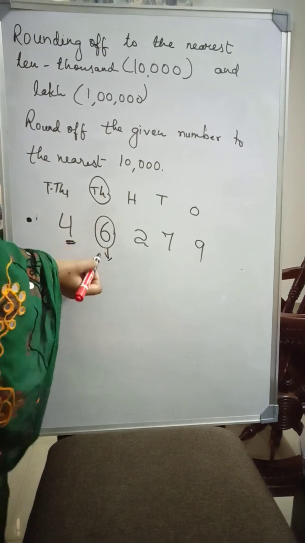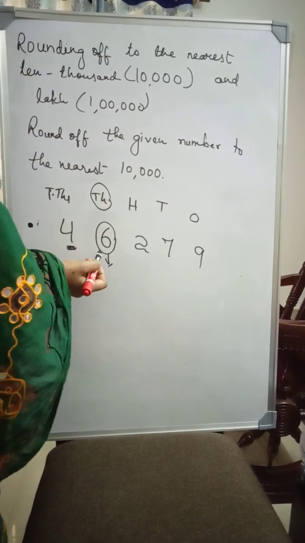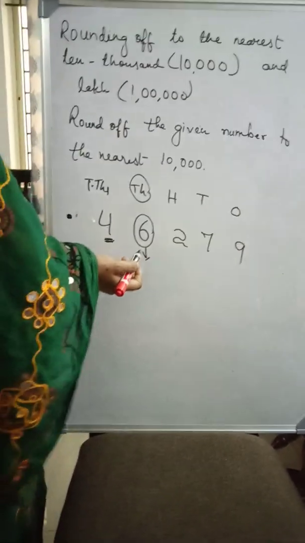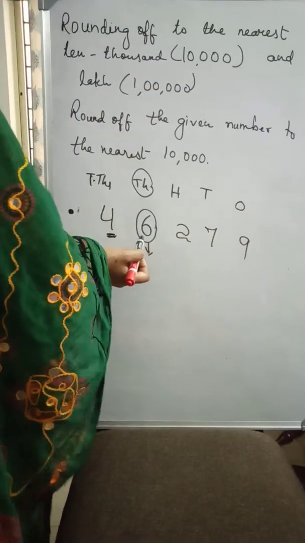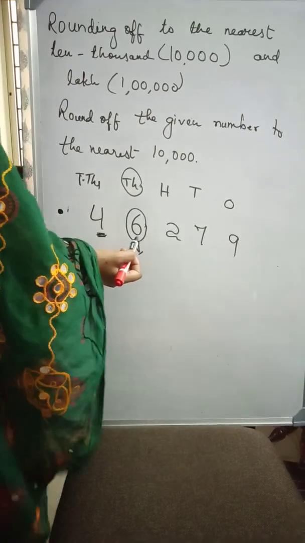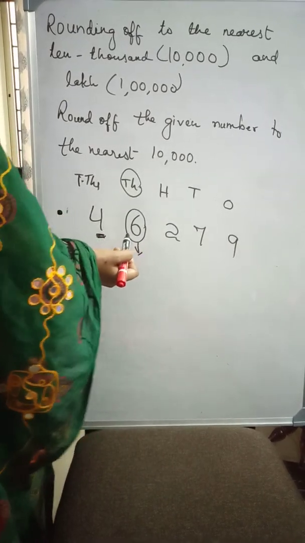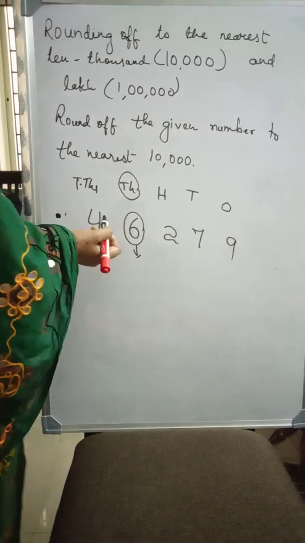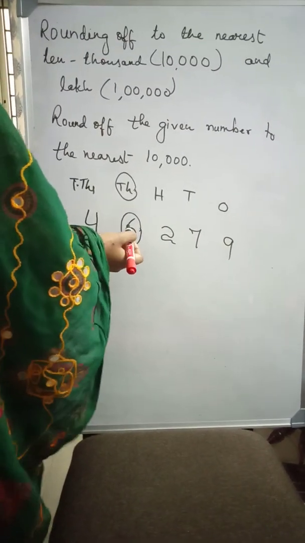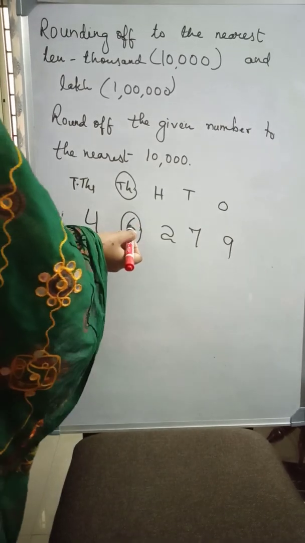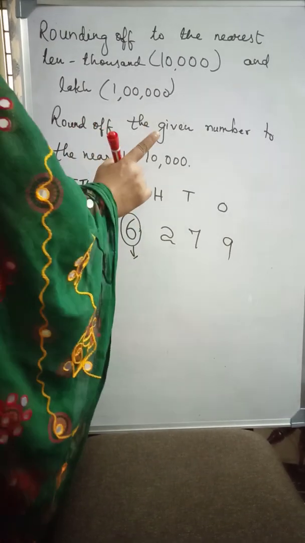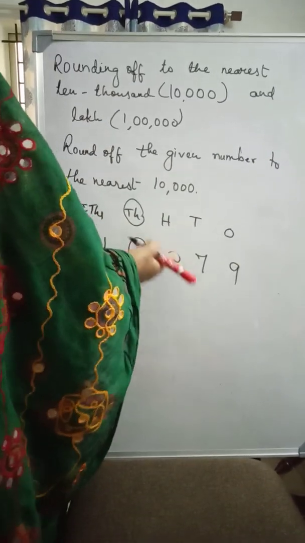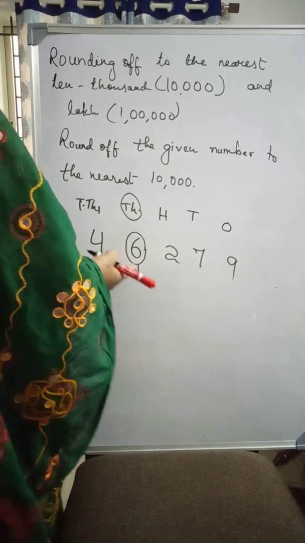Correct? What is the digit? It is 6. As I told you in the previous class, for the digits 5, 6, 7, 8, 9 at the thousand place, the rounding off will be to the multiple of 10,000